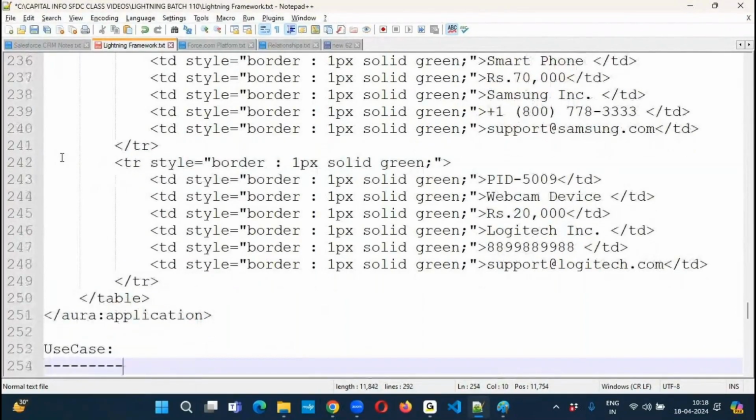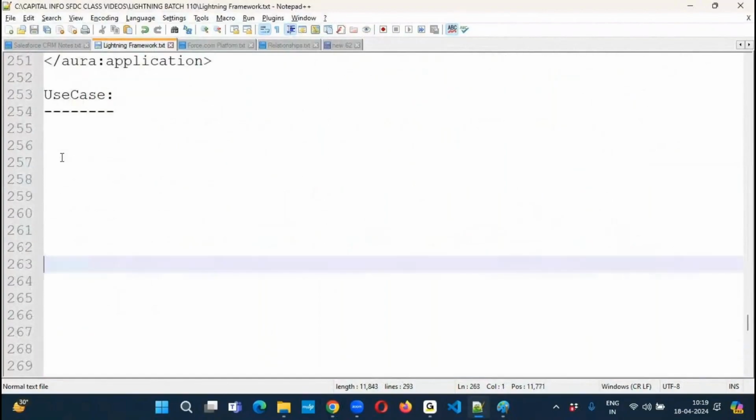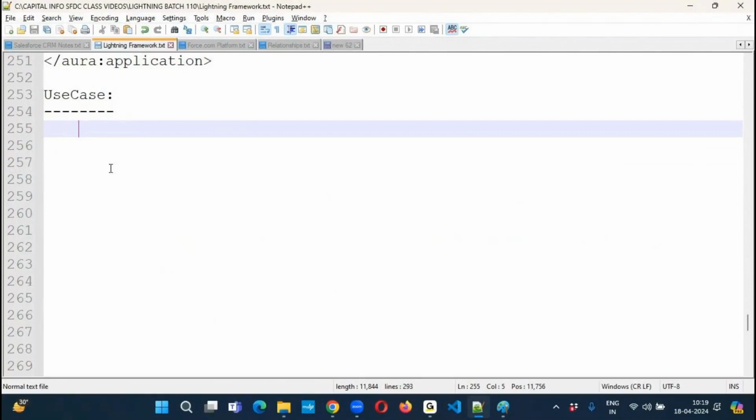Take one more use case. Next use case. Now, this time, I want to design a lighting application which is used to represent three divisions. Okay, I want to represent